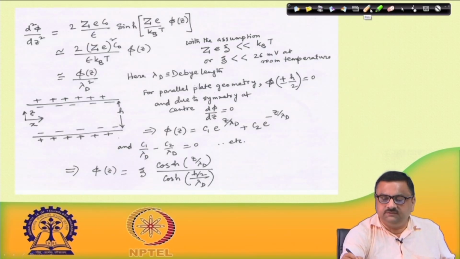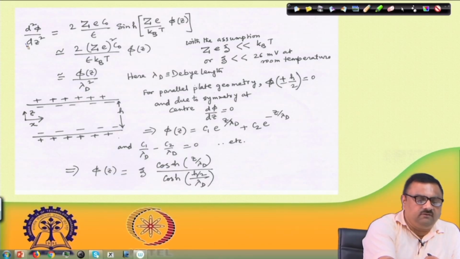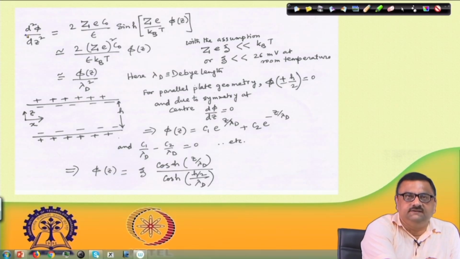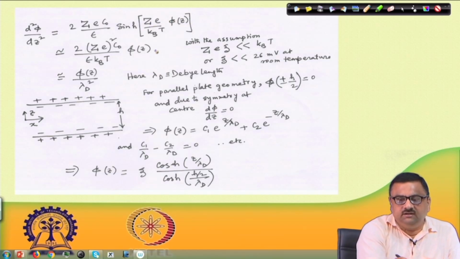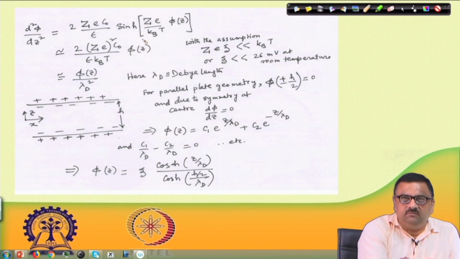So, this is what we have for grad square phi, which is written as d square phi dz square. And then sine hyperbolic u can be replaced by u, provided u is small, and this is small means this quantity z e